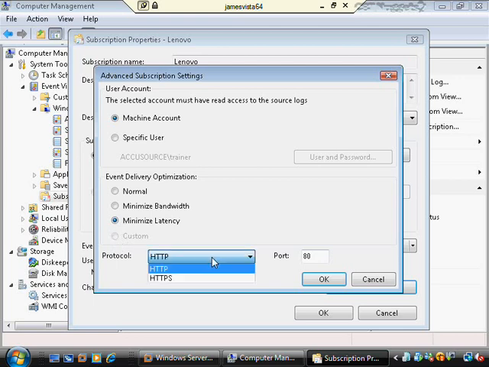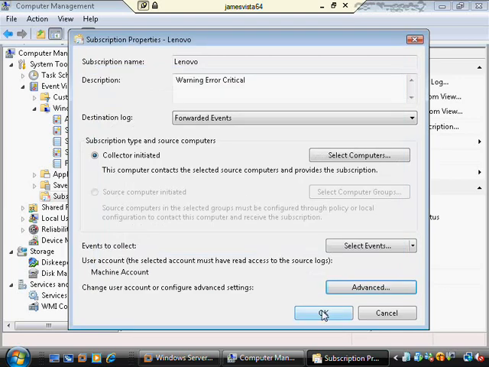Also, I mentioned earlier you could use HTTPS if you wanted to, and there's the default port for that, so you can change that if you want to, but otherwise, we're just going to stick with HTTP for our current purposes. Okay, so I'm just going to OK out of that. Oh, and before I forget, this is grayed out now, but when you first create this item, it allows you to check this item as well, and then you select computer groups. This relates to group policy objects,